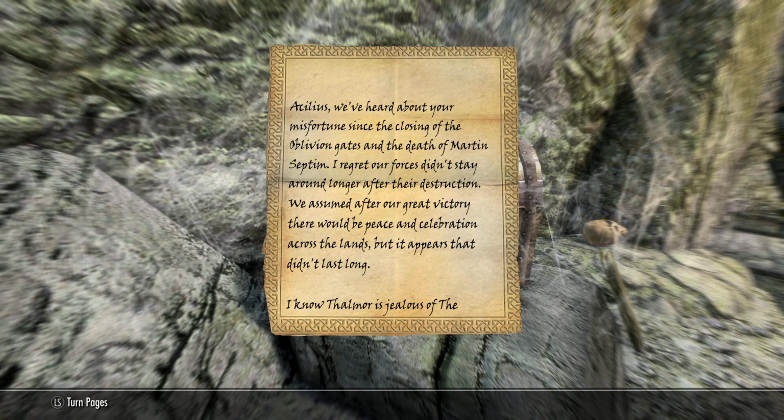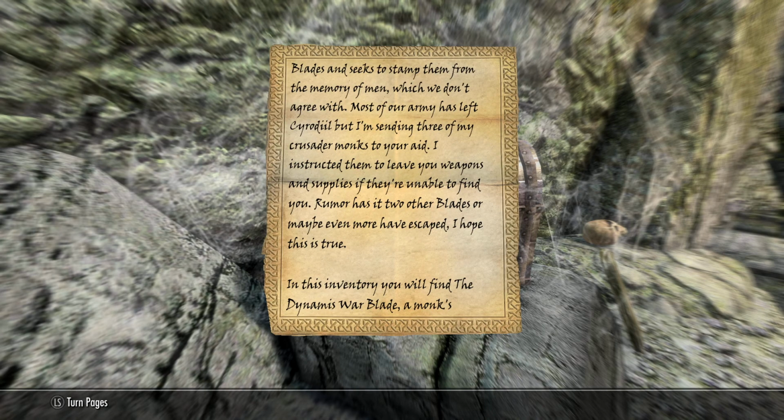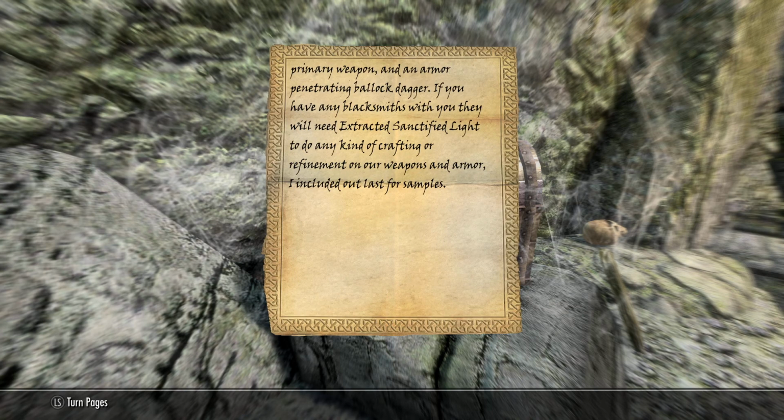Asilius, we've heard about your misfortune since the closing of the Oblivion Gates and the death of Martin Septim. I regret our forces didn't stay around longer after their destruction. We've assumed after our great victory there would be peace and celebration across the lands, but it appears that didn't last long. I know the Thalmor is jealous of the primary weapon, jealous of the Blades and seeks to stamp them from the memory of men, which we don't agree with. Most of our army has left Cyrodiil, but I'm sending 3 of my Crusader monks to your aid. I instructed them to leave you weapons and supplies if they're unable to find you. Rumor has it 2 other Blades, or maybe even more, have escaped. I hope this is true. In this inventory, you'll find the Dynamis Warblade, a monk's primary weapon, and an armor-penetrating Baalic dagger. If you have any blacksmith with you, they will need extracted sanctified light to do any kind of crafting or refinement on our weapons and armor. I included our list for our